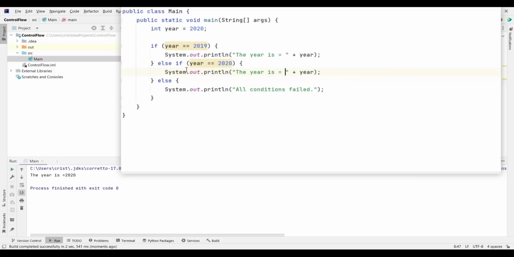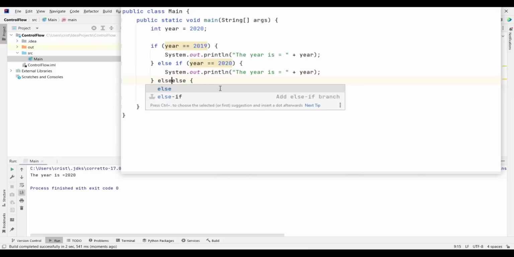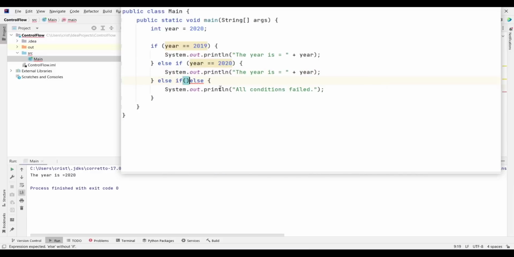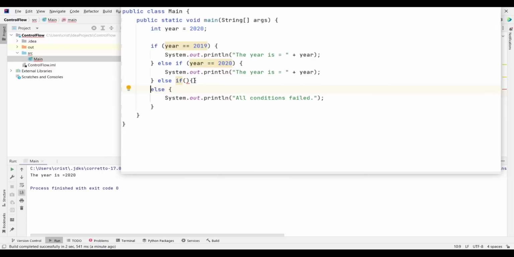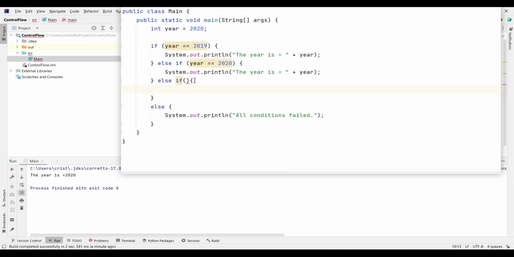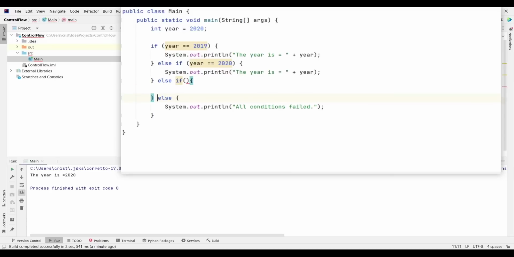And we can add another else if, so I can type else if, and we put parentheses, and we push that down. Actually, let's put curly braces, and you can put the else up here.